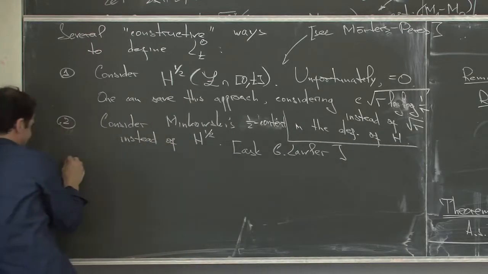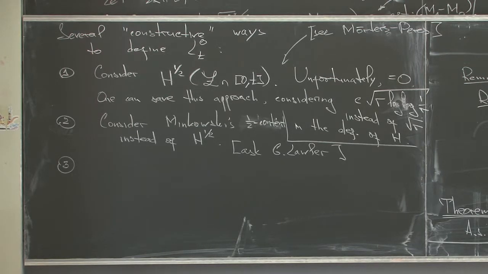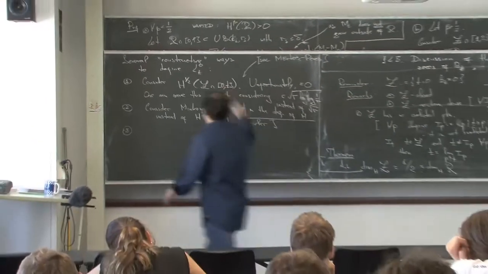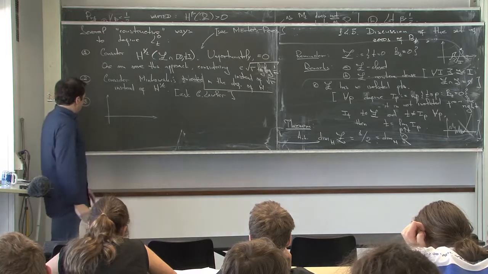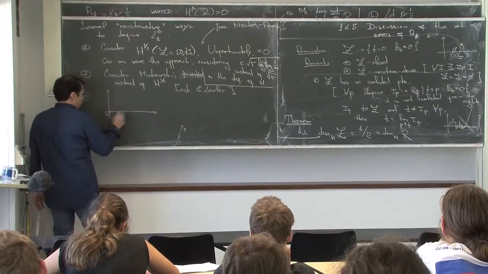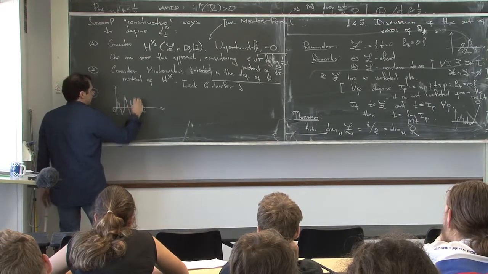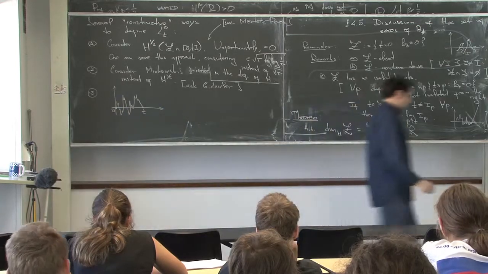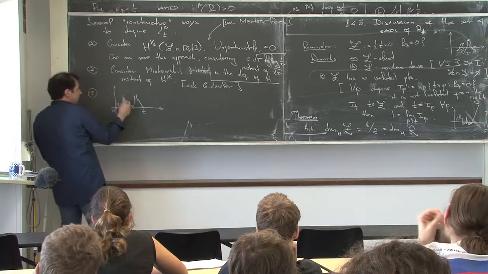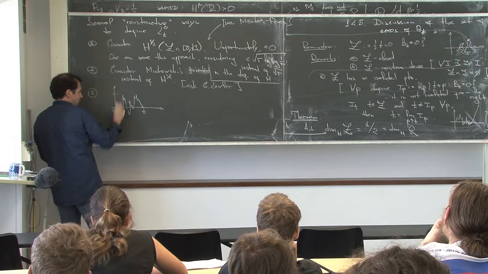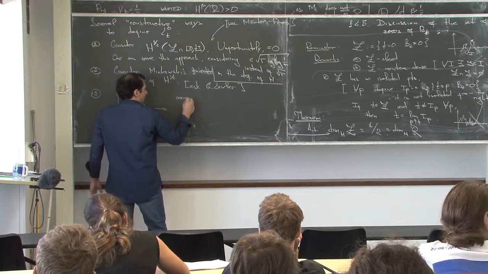Then there is yet another idea. Again, this is just to give you more intuition about this object. So yet another idea is the following. Just think about what is called the occupation measure. So what is the occupation measure? You have some trajectory. It is a map from R to R. And you take the Lebesgue measure here and you project it onto the y coordinate. So take the occupation measure